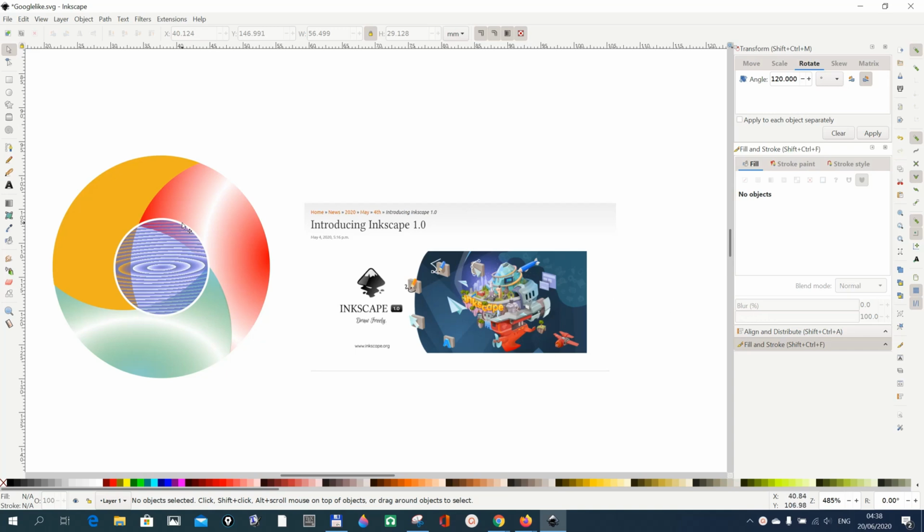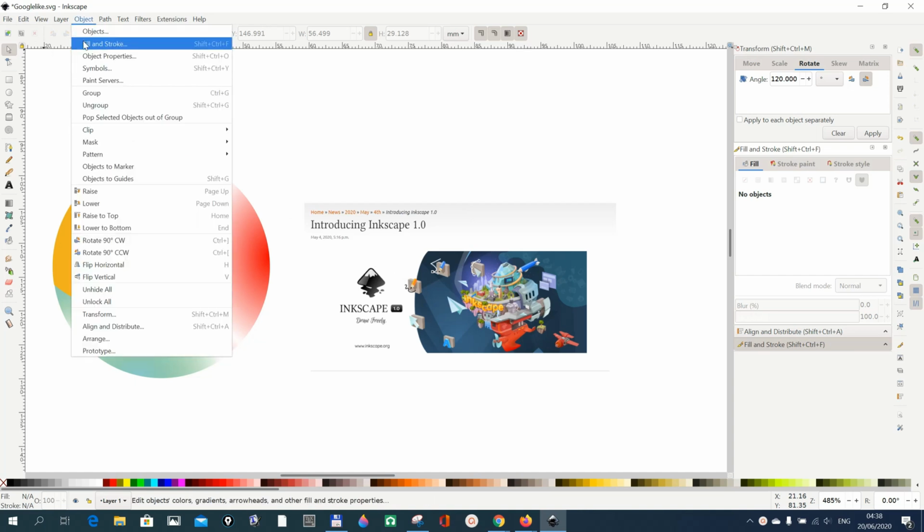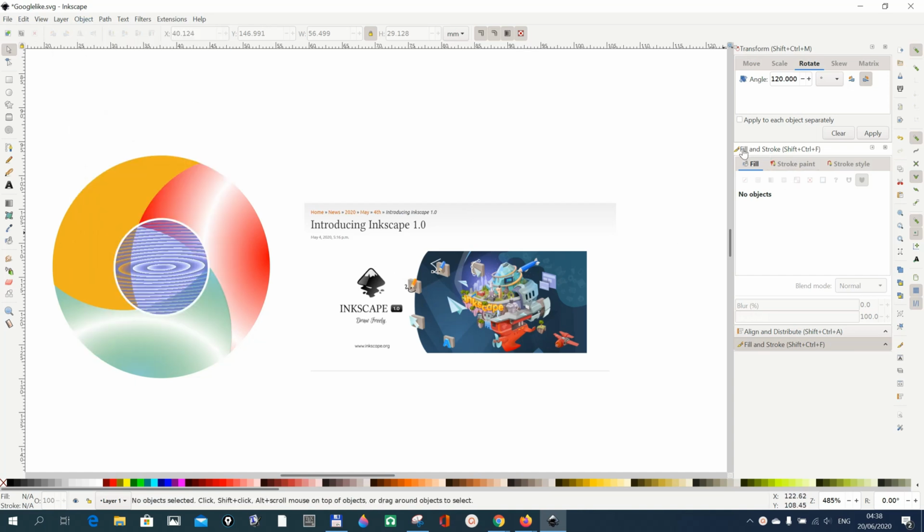In this tutorial, we want to draw this Google-like logo using Inkscape 1.0 or Inkscape in general. We'll be making use of these colors, some colors here in the Inkscape logo. Now, we start by going to Object, Fill and Stroke, press it, and then you are going to have